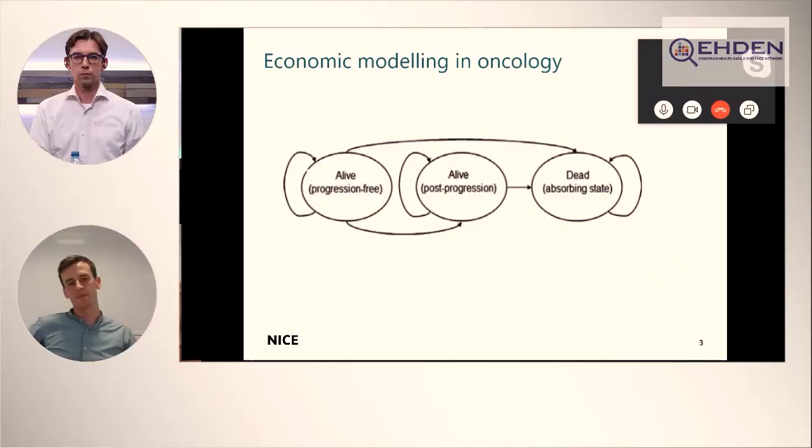Right. So and then the relation that you make with regards to treatments is that if let's say a drug for prostate cancer can help sort of maintain these PSA levels in a stable state, that means in your model that they keep being in this progression-free box. Yeah,